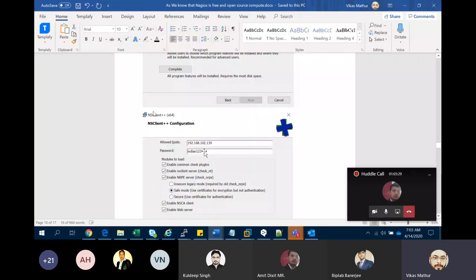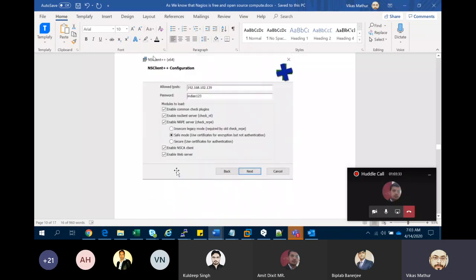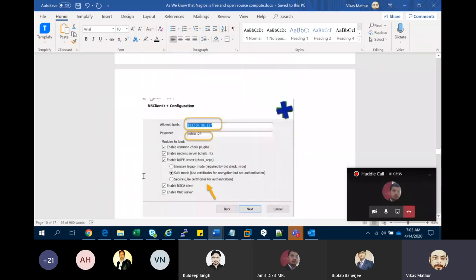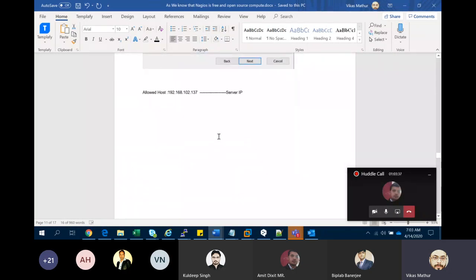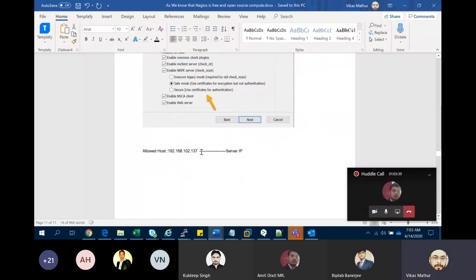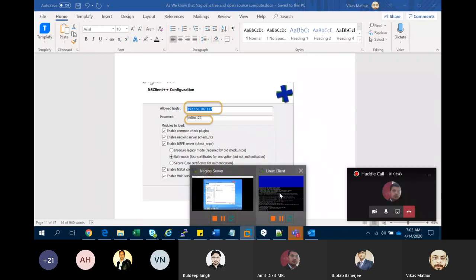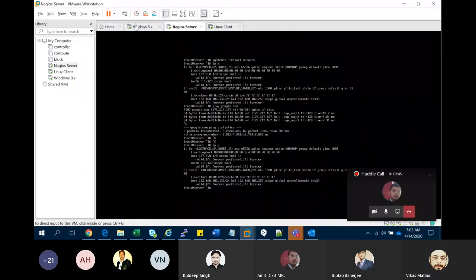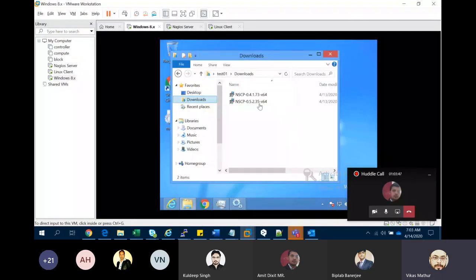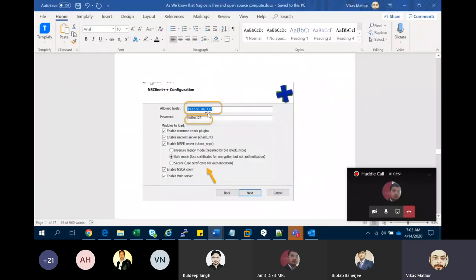I just mentioned India 123. You have to enable all the checks over here and click. That's it. It's a simple process: download that package and click it, just allow that particular Nagios server IP and your defined password. You can type anything.